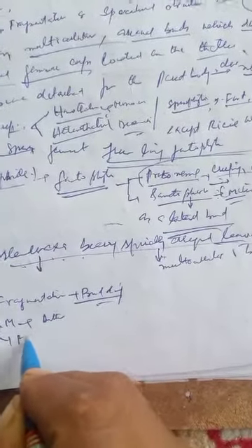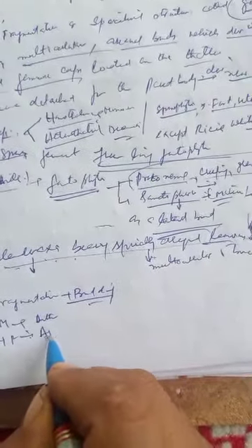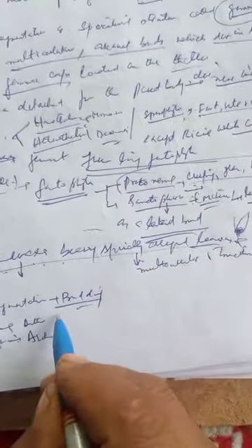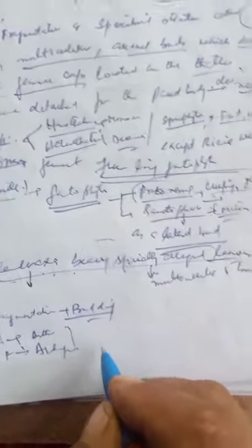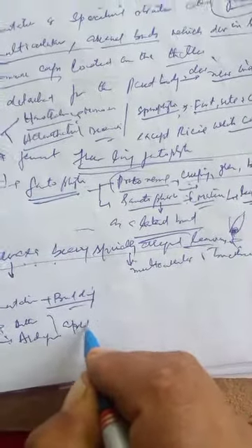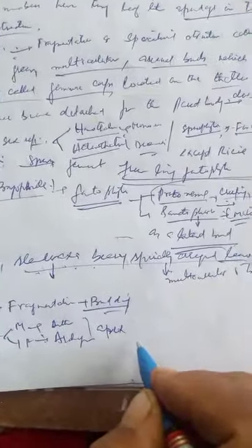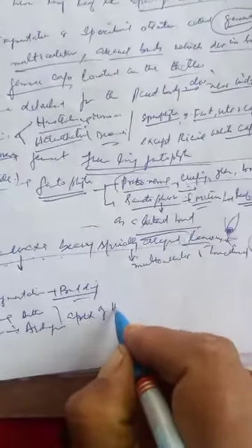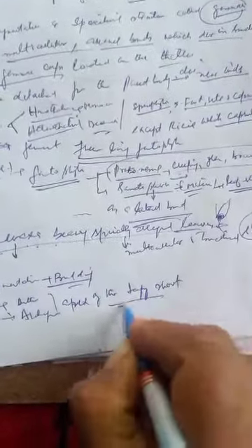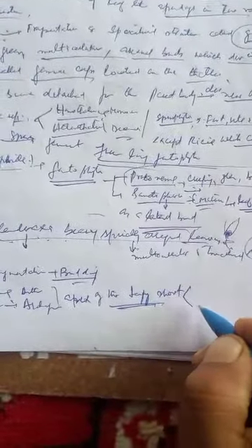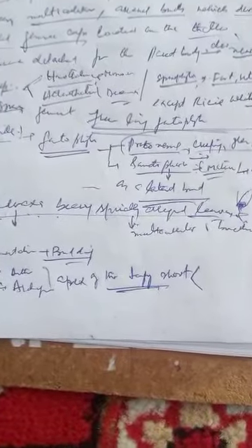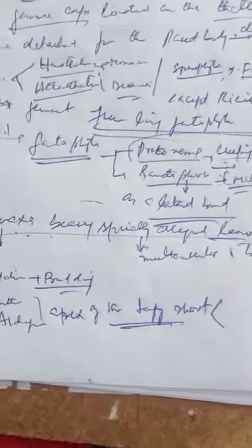So far as sexual reproduction is concerned, the male sex organs are called antheridia or antheridium, the female is called archegonium, and these two are produced at the apex of a leafy shoot. The male and female sex organs, antheridia and archegonia, are produced at the apex of the leafy shoot and produce male and female gametes. As I already told you, the male produces biflagellate antherozoids and the female produces a large non-motile egg.